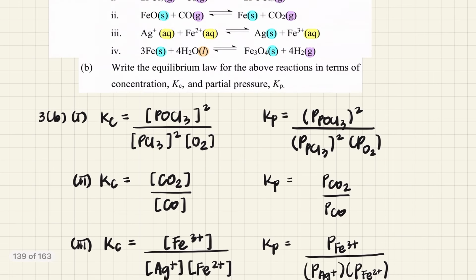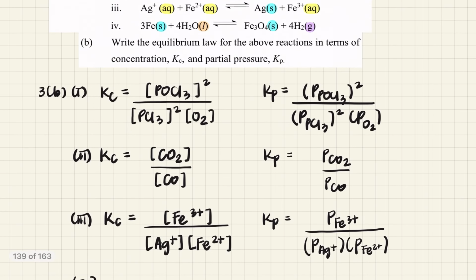Okay, so this is the answer. And then for number 3, you have aqueous, solid and aqueous, so we will not include the solid. Alright, so you can write Kc and Kp as well, like usual. Okay, and for number 4, you will not include solid and liquid, so that means with this solid,